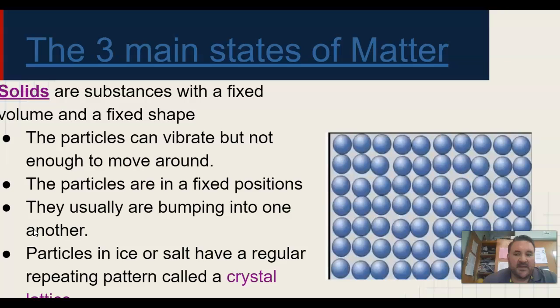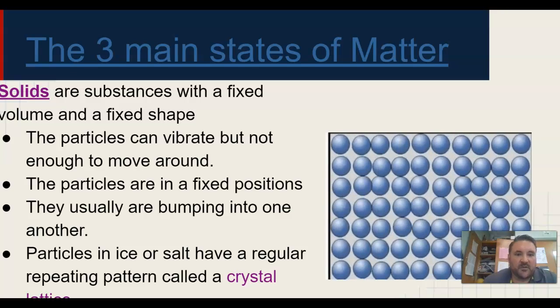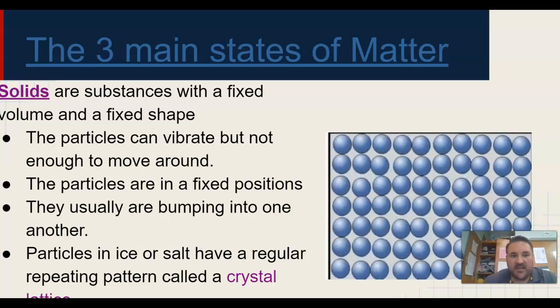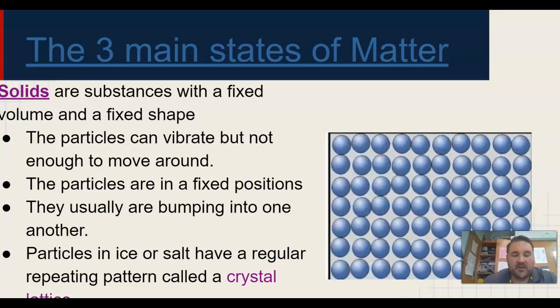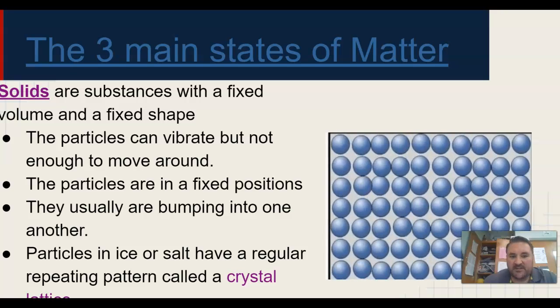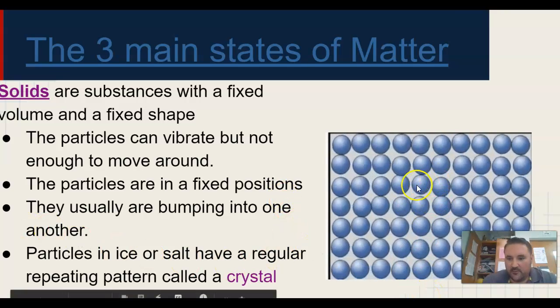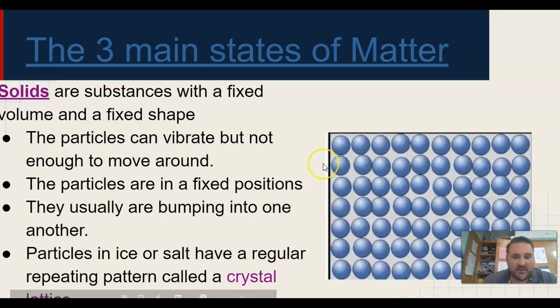There are three main states of matter. The first one is the easiest. It is the solid. The solid is going to have a fixed shape and a fixed volume. The particles are locked in place. They vibrate, as you can see over here. These particles are just wiggling, wiggling, wiggling, but they are not moving from one location to another, so they're fixed